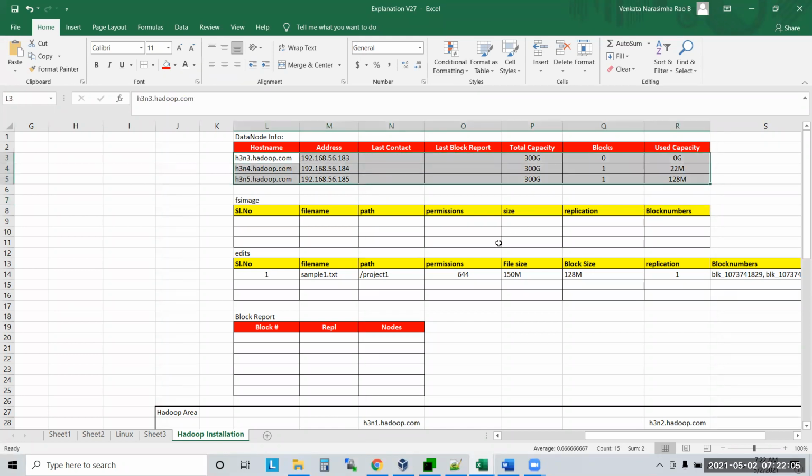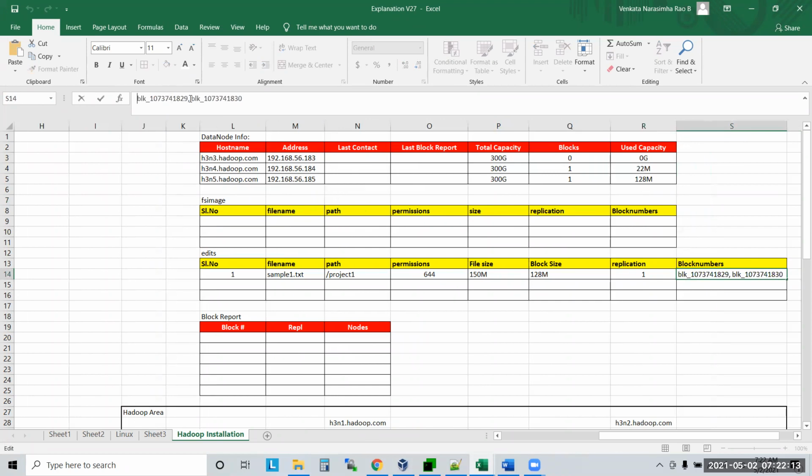Is there any other information it has to update? Since it is updating, it will put these two numbers into the block report: blk 29 and 30. What is the replication factor here? 1. For both the blocks, replication factor equals 1.